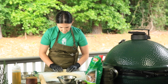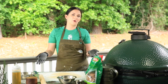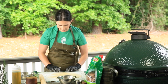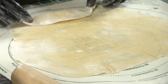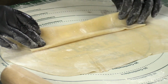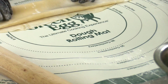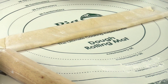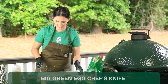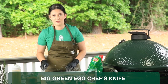So we're going to fold it. Now you could cut this into a rectangle if you want. Personally, I don't care if the noodles are different lengths. It makes it a little bit more homemade. So we're going to make sure that we're floured so our noodle dough does not stick together, and just lightly fold it over itself. Now we have our handy dandy Big Green Egg chef's knife, and we are going to